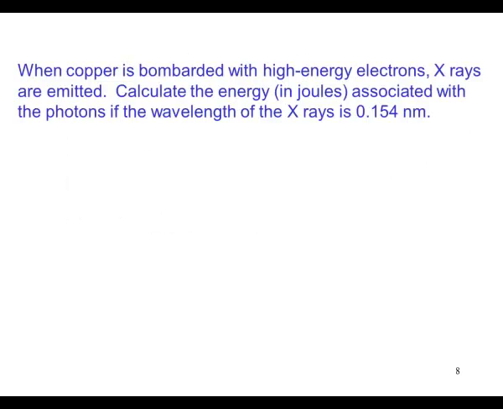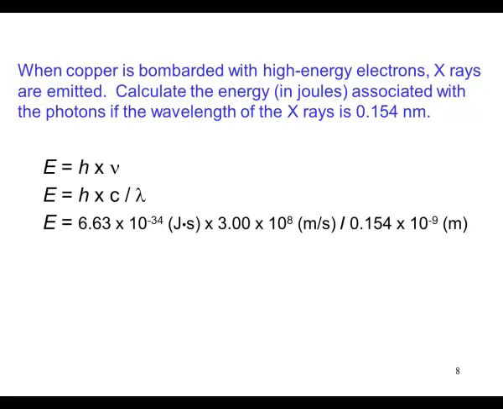Here's an example. When copper is bombarded with high-energy electrons, X-rays are emitted. Calculate the energy in joules associated with these photons if the wavelength of the X-ray is 0.154 nanometers. The energy is Planck's constant times the frequency. Substituting in c over lambda for frequency, we can then calculate